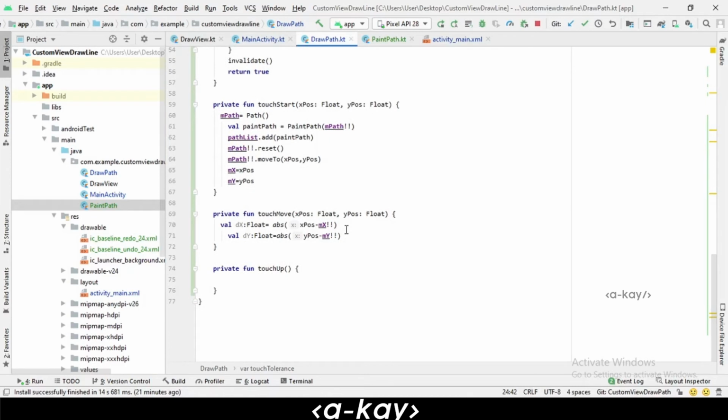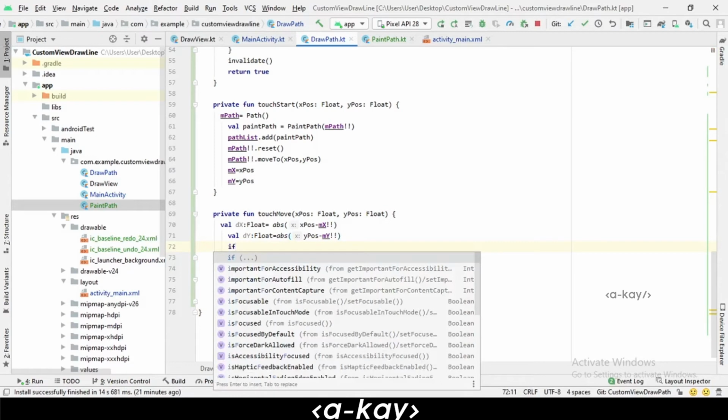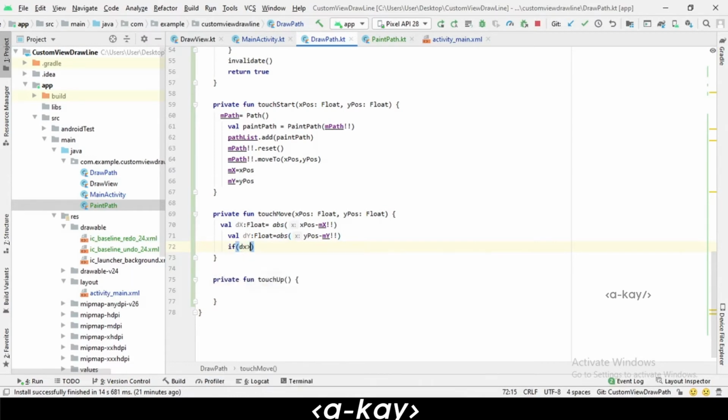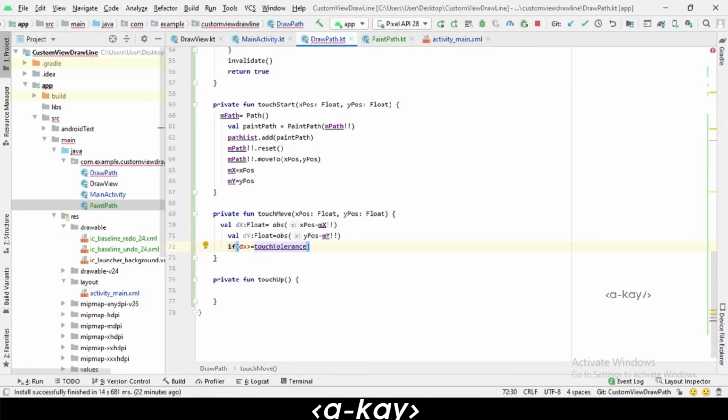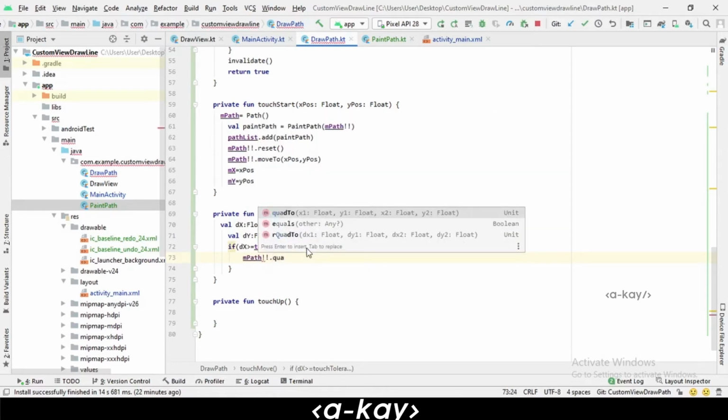Here we have to check whether that dx and dy is greater than touch tolerance. Dx is greater than touch tolerance, or operator, dy is greater than or equal to touch tolerance, means we can draw our quad to mpath dot quad 2.